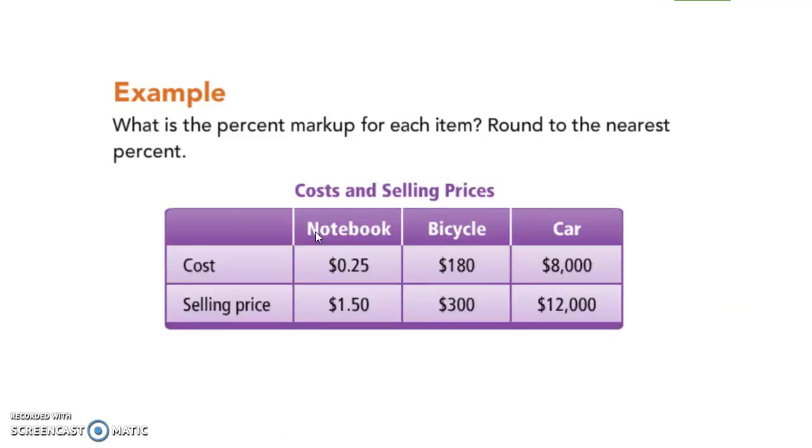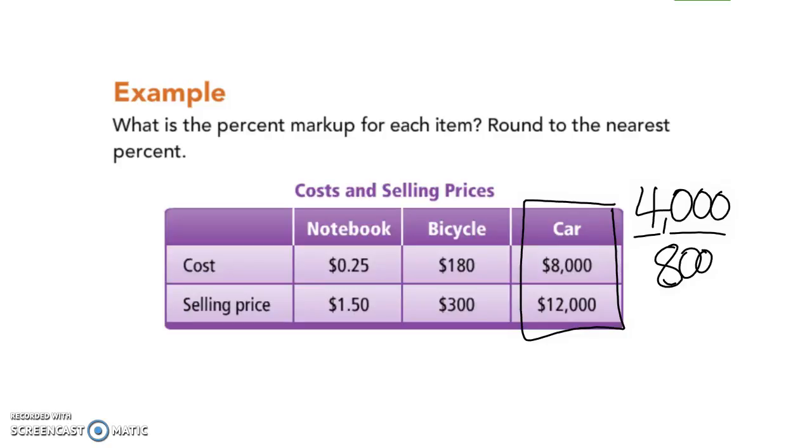So here, let's just try one item because we're almost out of time. If I was finding the amount of markup for the car, first I want to figure out how much it has been marked up. So I'm going to subtract the prices. The amount of change in the price is $4,000. This works just like percent of change. The original price was $8,000. That was that original cost to produce the item. And over 100. Then I would cross multiply 8,000n equals